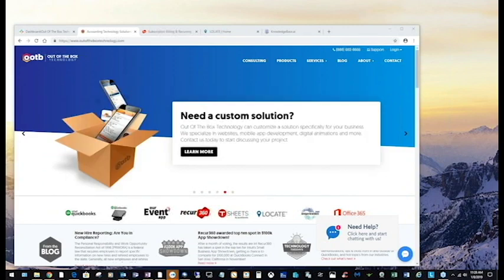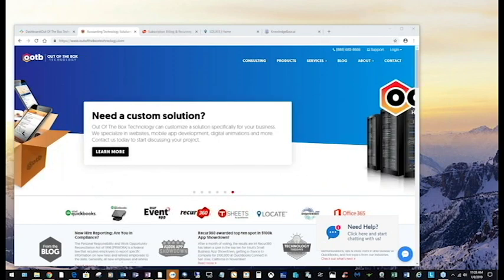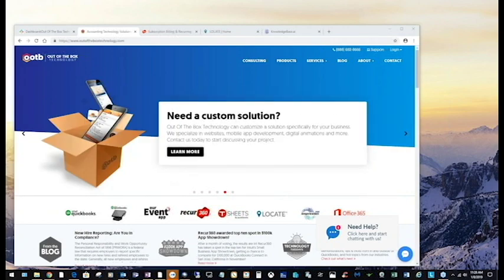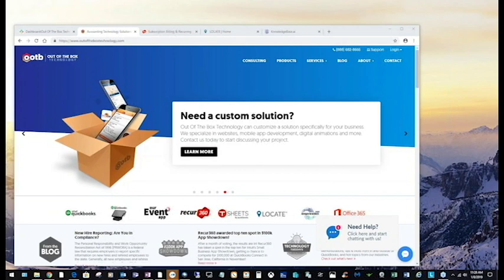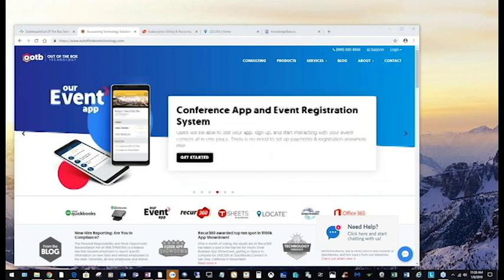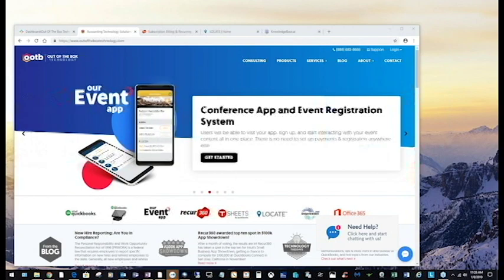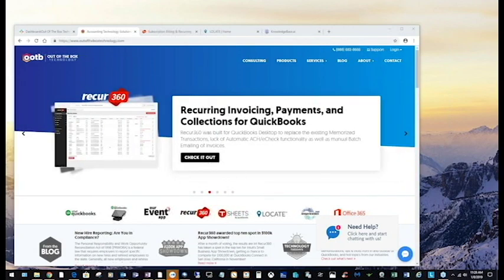Right. And then, like I mentioned before, going forward, you won't have to worry about updating your QuickBooks or the servers or anything like that. We handle all of those updates after hours when you're not working in your file. And backup. The other thing, this is so great for backup.